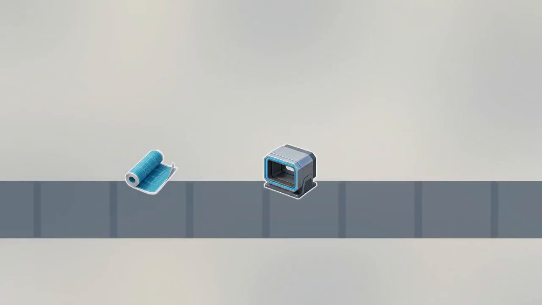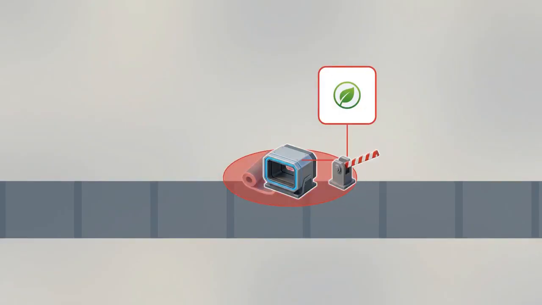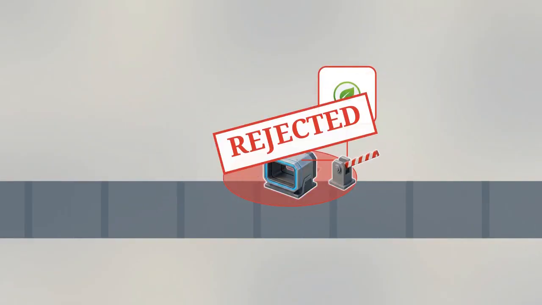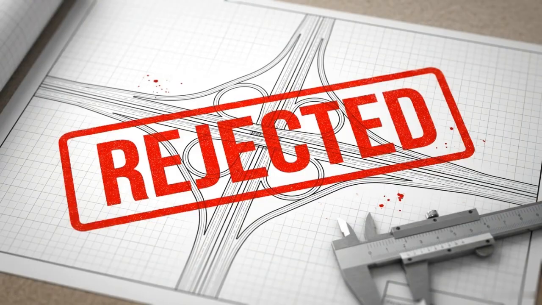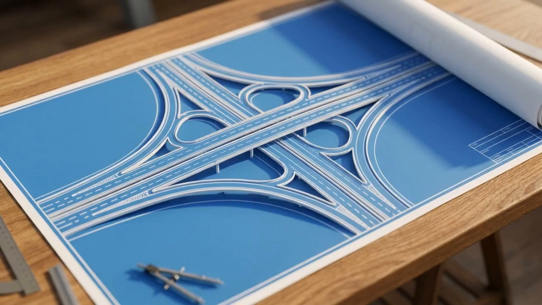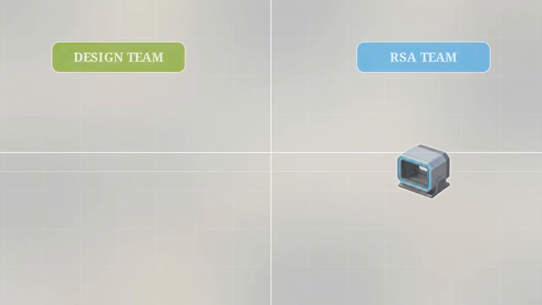These gates function as hard filters. If a proposed design fails the safety audit or violates emissions laws, the project is halted entirely, regardless of its theoretical efficiency. Volume calculations and design speeds are insufficient on their own. A project that optimizes traffic flow but fails at safety audit will never move past the planning stage. The Road Safety Audit is a formal, rigorous examination of the future road project, rather than a cursory check of the plans. This brings us to the RSA team.